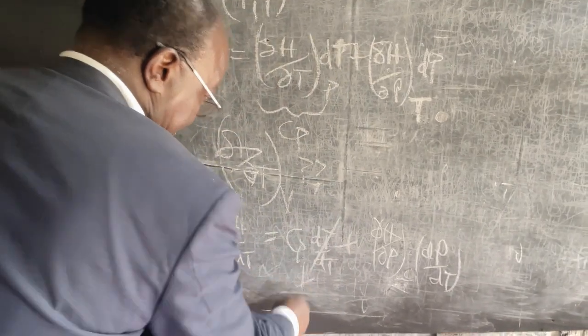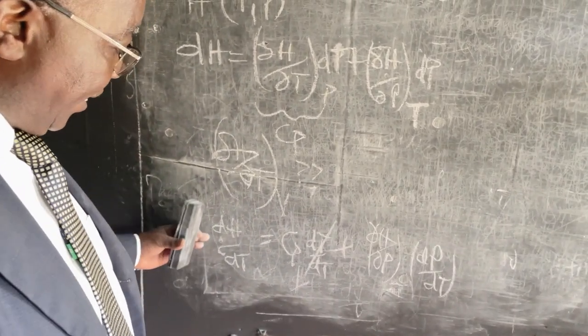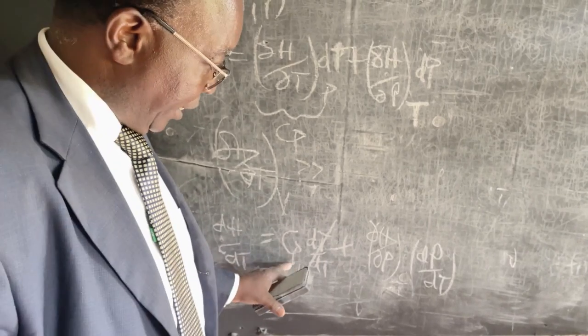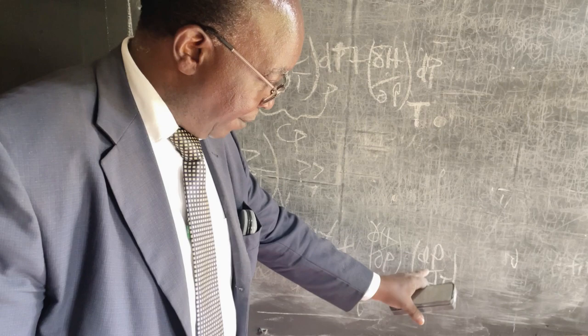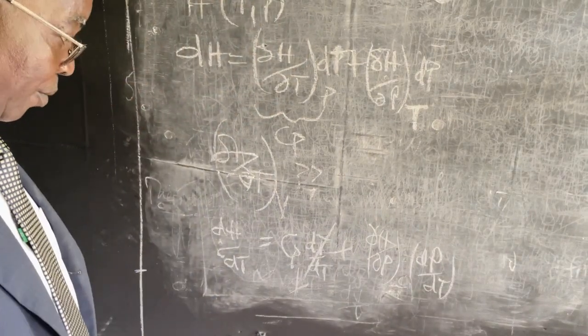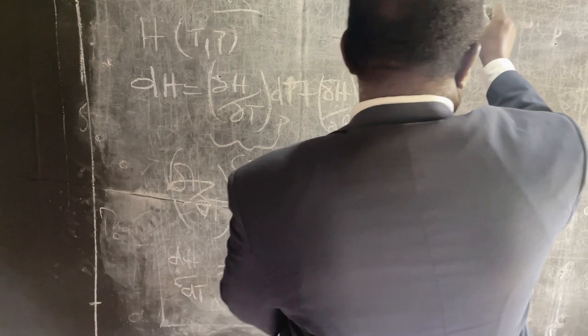Again, that dT/dT is unity, or 1. So we are left with dH/dT equals Cp plus (∂H/∂P) at constant T dP/dT. So if we constrain the system now to constant volume,